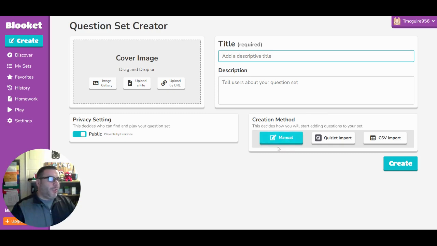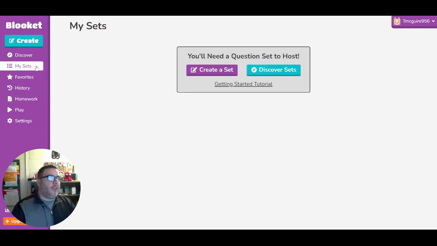You can either manually type in the questions, you can import something from Quizlet, or if you have a spreadsheet full of questions, you can actually import the CSV file here also. Then you're just going to hit create. So today we're going to pick a pre-made question set. You can go back to the screen you were just at by hitting my sets, or